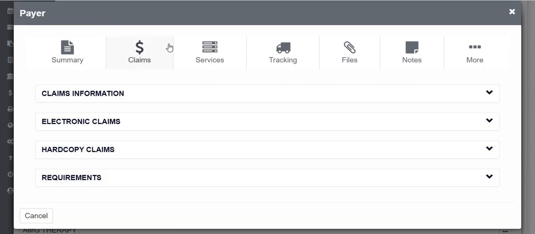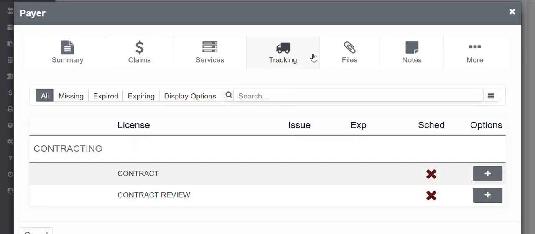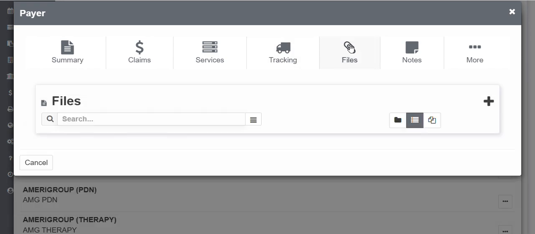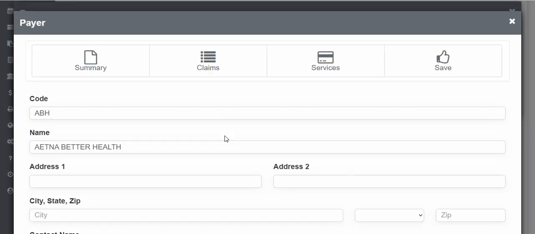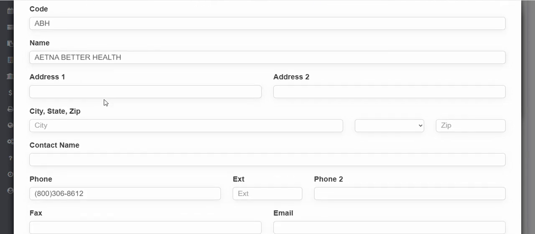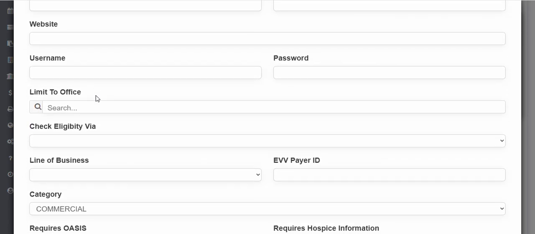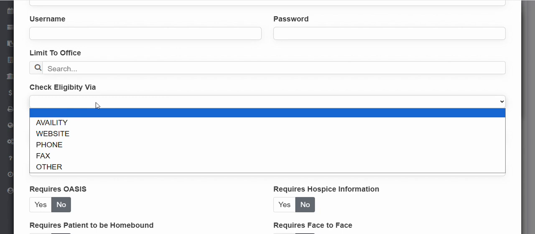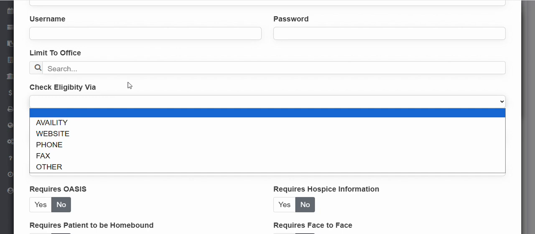You can scroll through and see claims information, service information, tracking information, any files that have been attached to the payer, and any notes. To edit the payer, go to More and Edit. From this screen, you can give the payer a default code, put in their name and address, phone number, their website. If you have an integrated clearinghouse, you can choose how you would like to check eligibility,